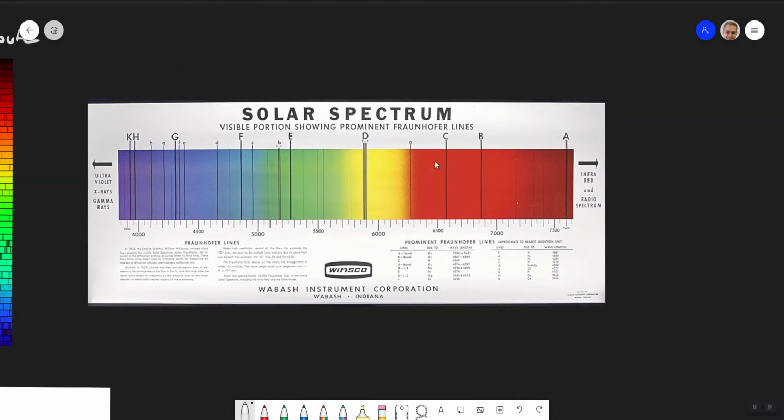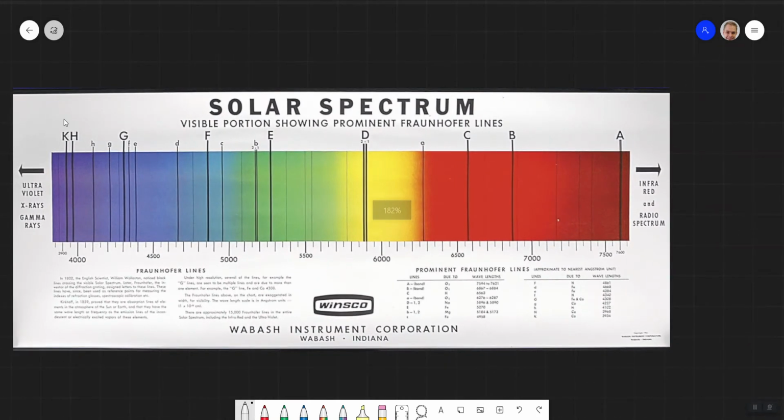These are called Fraunhofer lines. They're to do with the spectrum. So we've got part of the visible spectrum. This is backwards compared to how you've probably seen it, because we've got UV, X-rays, gamma rays at this end, and we've got infrared and the radio up in this direction. That's because we're looking at increasing wavelength. So this is a chart where lambda is increasing as we go left to right. So we're dealing in terms of wavelengths, and we get these lines.